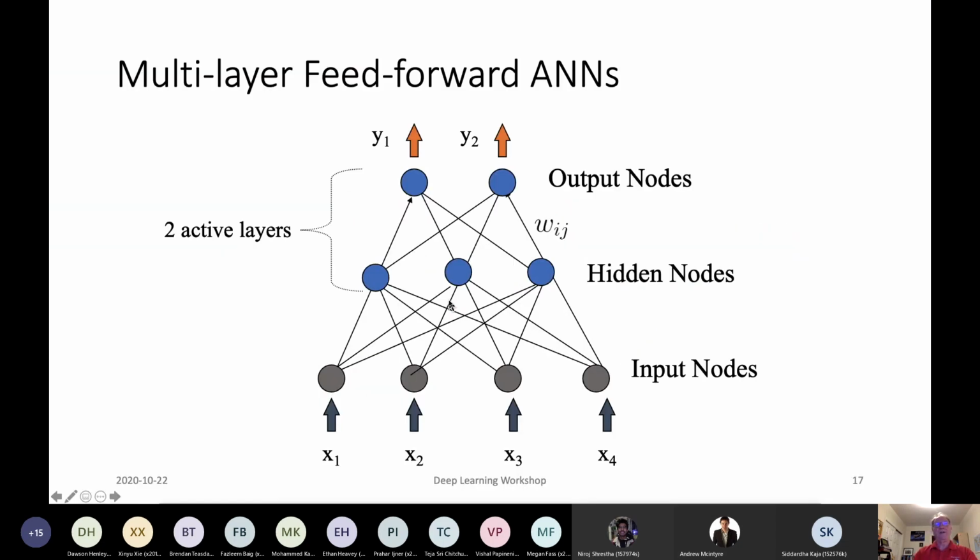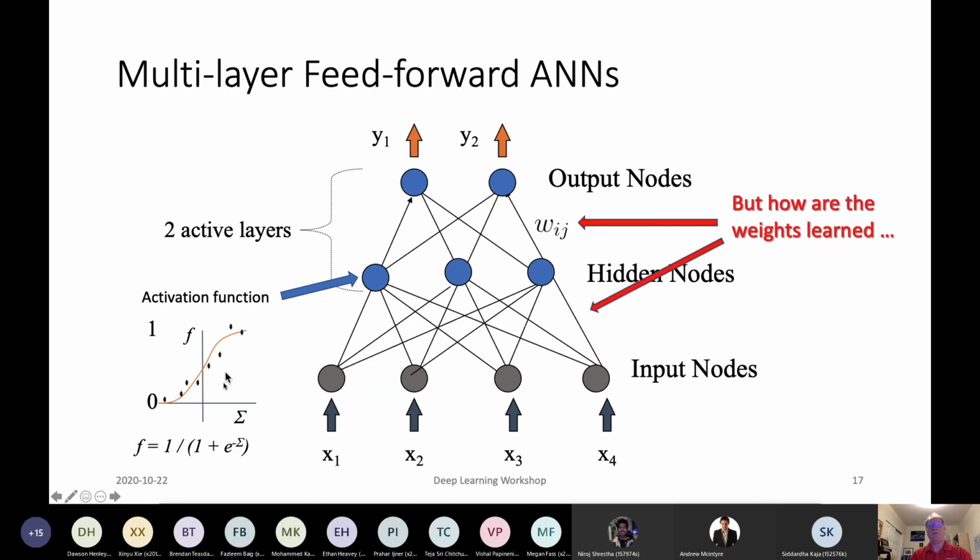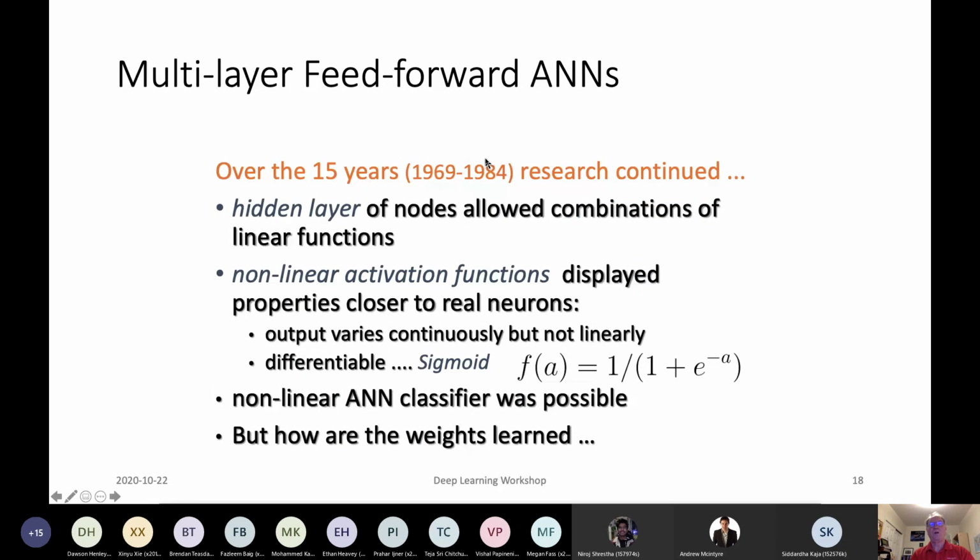But we did know that if you have more layers, you can build more complex functions. And in particular, we also knew that if you replace that sharp step function with a smoother flowing function, it was possible to do some really interesting things. It was also much more similar to what we saw in nature with neurons in our bodies from neuroscience. But again, how were we going to adjust the weights here as well as the weights down here? These would have to work together synergistically to produce appropriate outputs.